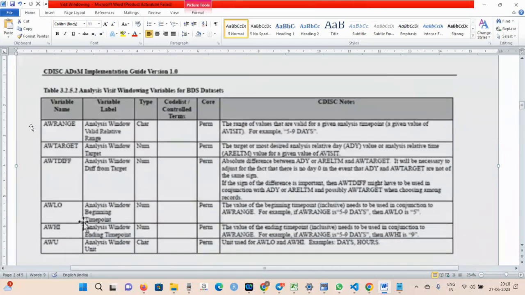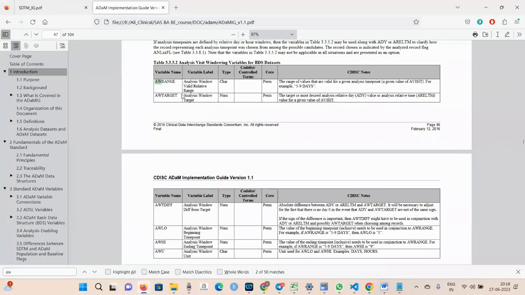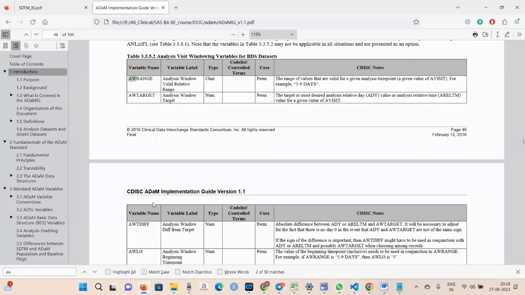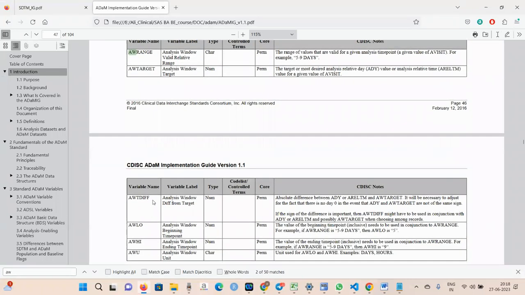There are some extra variables you have to create for the visit windowing concept, only for BDS datasets. This is the analysis window target. So you go to the CDISC notes and check them. These are the extra variables you have to create. The difference means